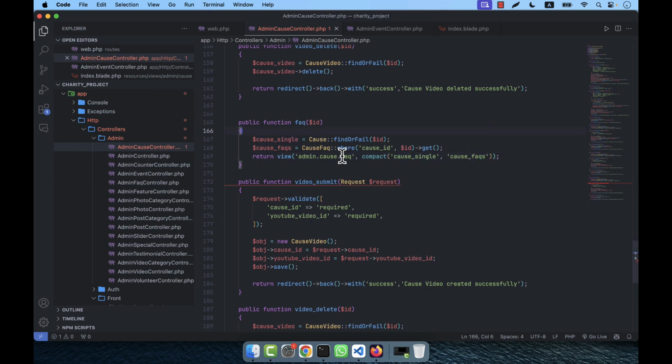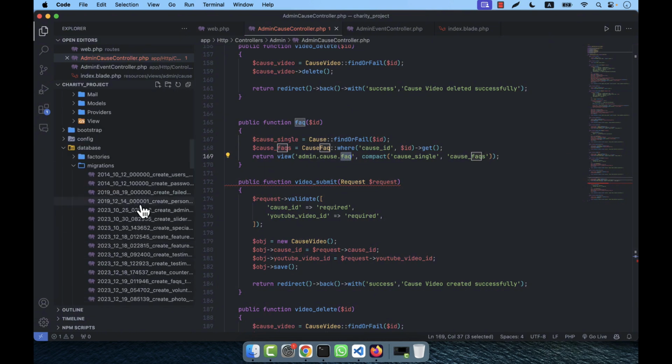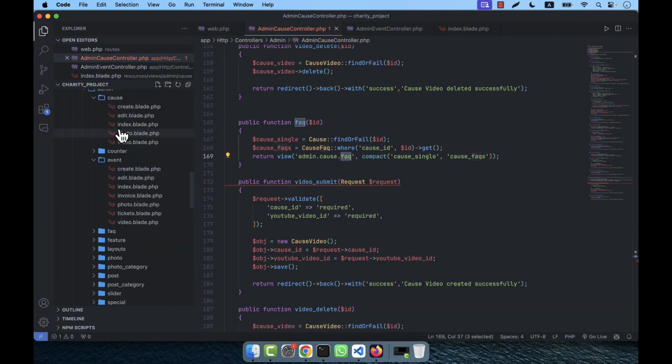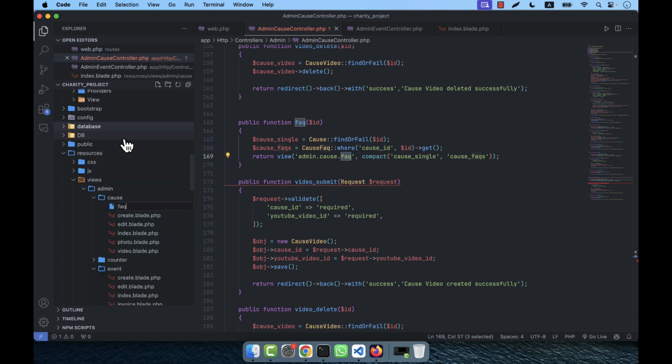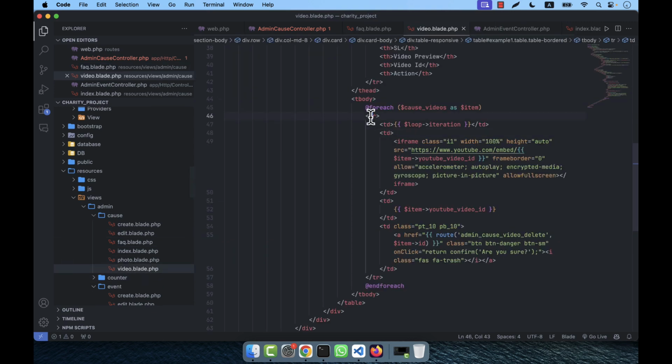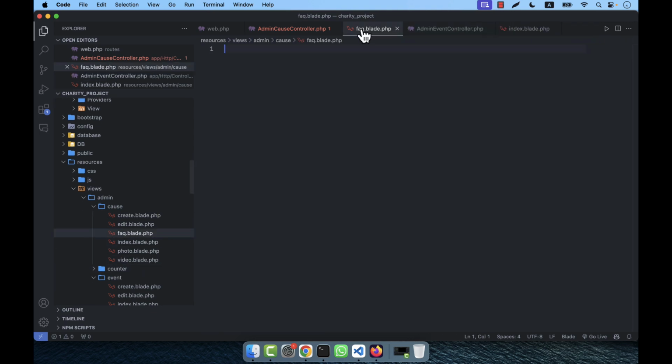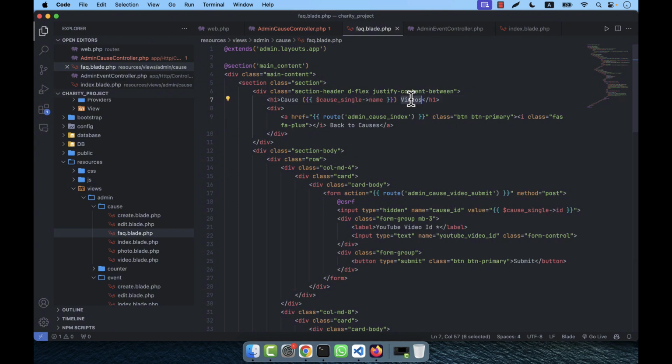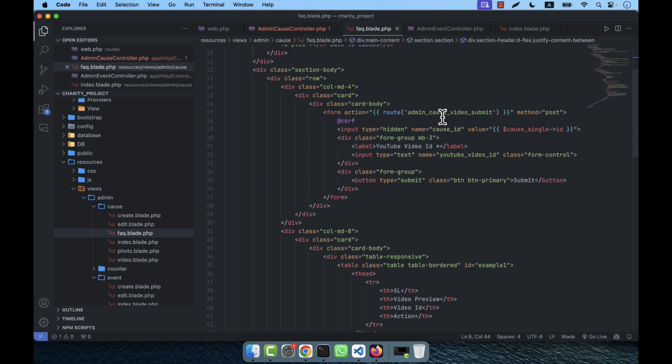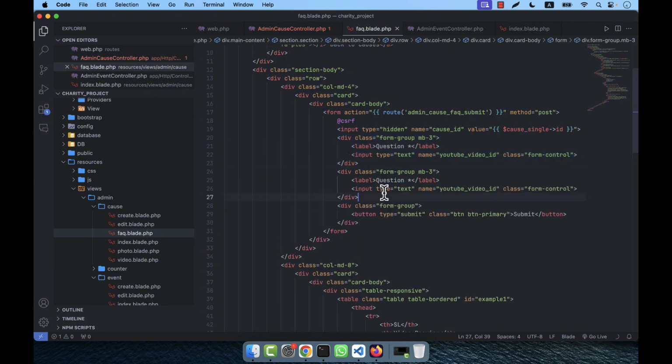So I will have to create a FAQ blade file in the cause folder. That is faq.blade.php. I am going to copy the video section and similarly paste it in the FAQ. This will be FAQs, cause FAQ, and where there is video, it will be FAQ. Not YouTube video ID, it will be question. In the FAQ there is a question, and I am going to copy and paste it. This will be answer,